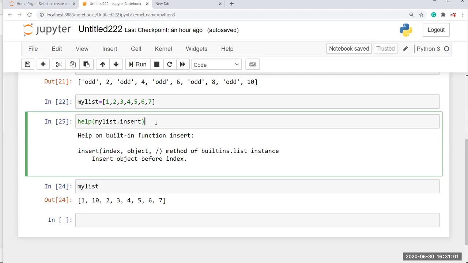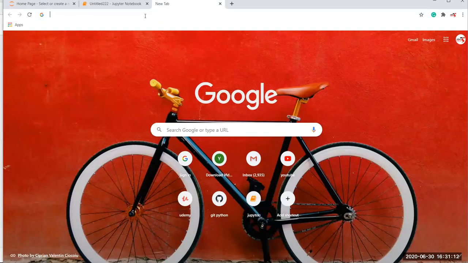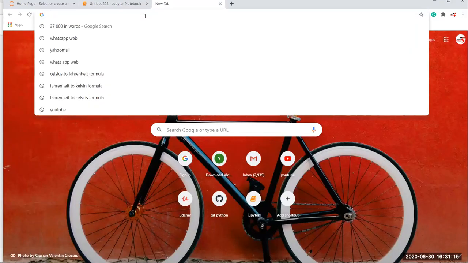So we have one more option to know about the functions, which function works with which logic, or what this extend function means.